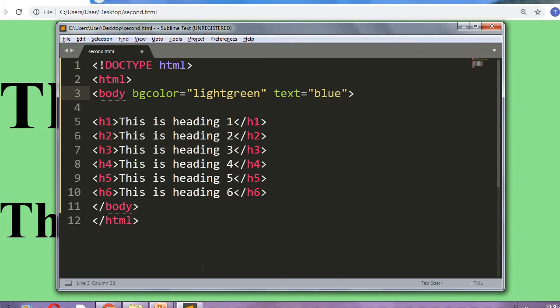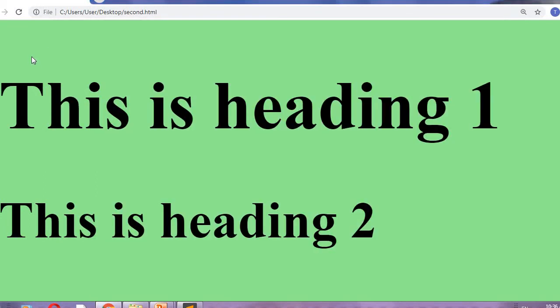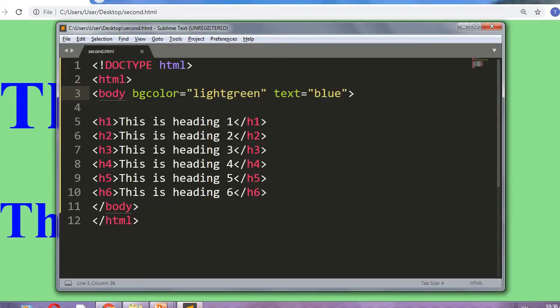Okay, blue. Text is equal to blue. Now see the output. Text appears in blue color. Next, these are two attributes of the body tag, two attributes of additional information of this body tag.